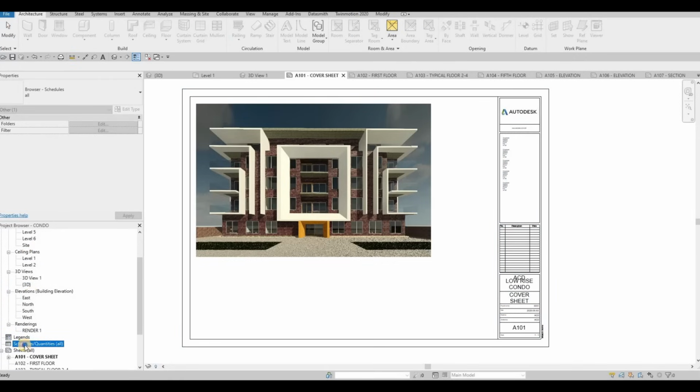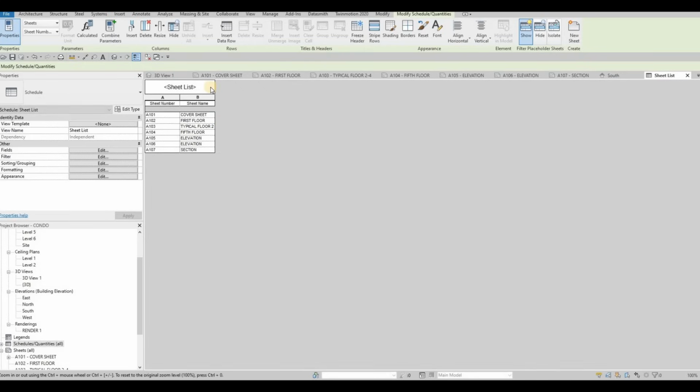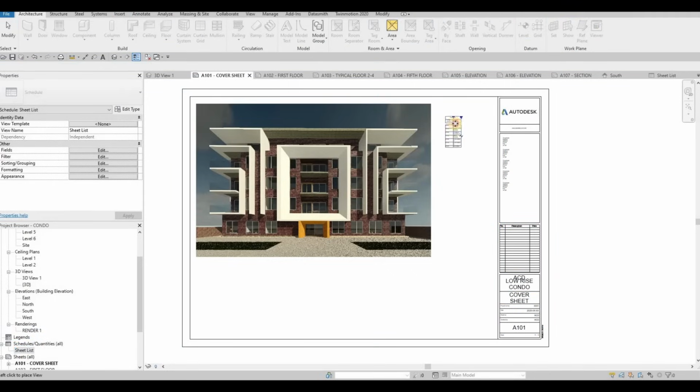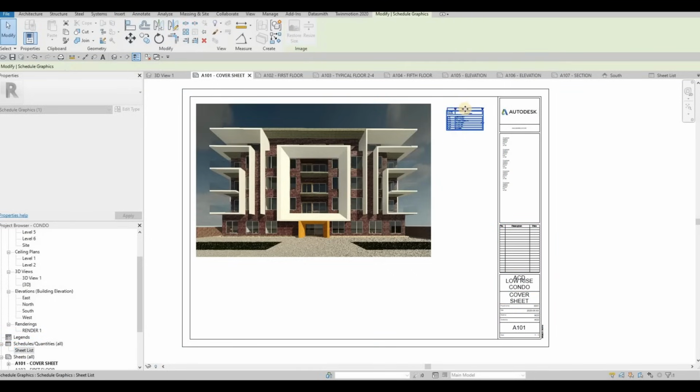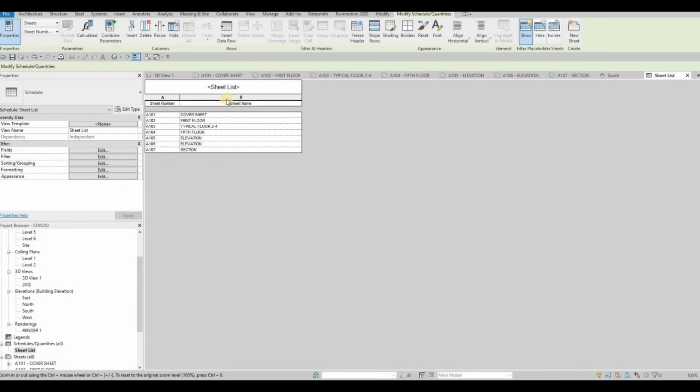So go to schedule under your project browser, right click on that, and then we have new sheet list right here. What I'm going to do is add sheet number first and then sheet name afterwards. Press OK, and then it will create it, and then we simply add it first before we do any changes. So we have it here. We could double click and then change this to, of course, drawing list,